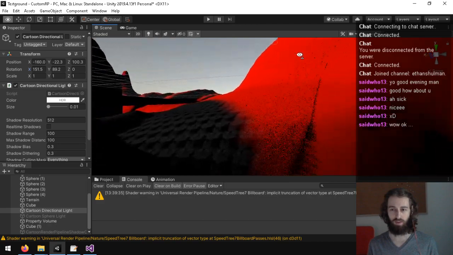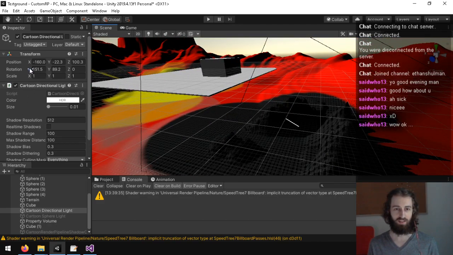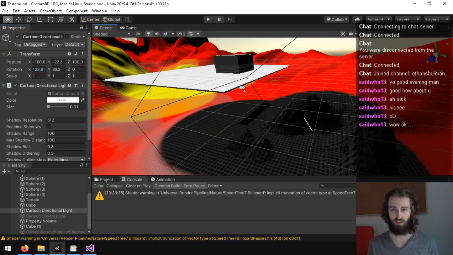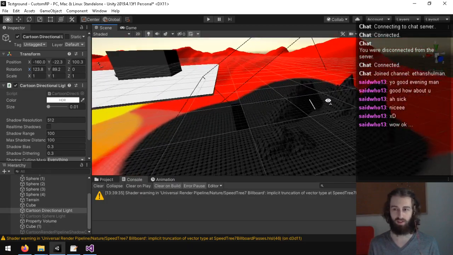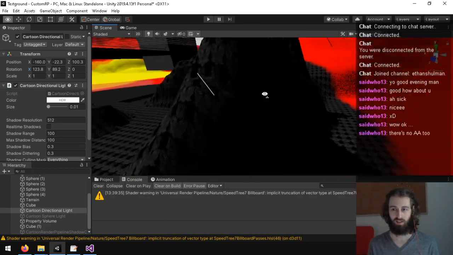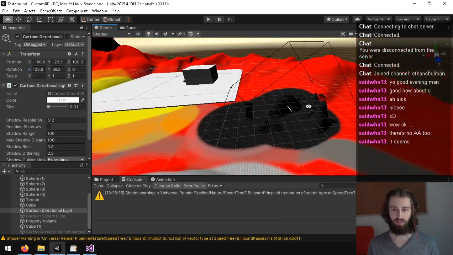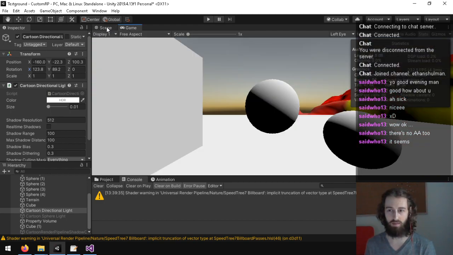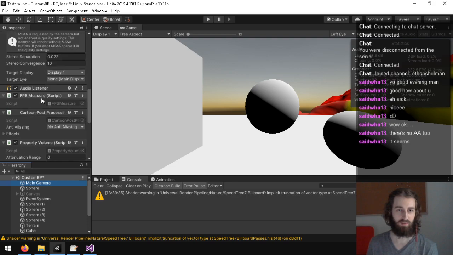So one of the issues I immediately figured out is that Unity does this thing, I don't know how to explain it. Actually, it's not really showing here. Yeah, there's no AA in the editor. There's actually AA in the game view. If I turn it on under anti-aliasing,